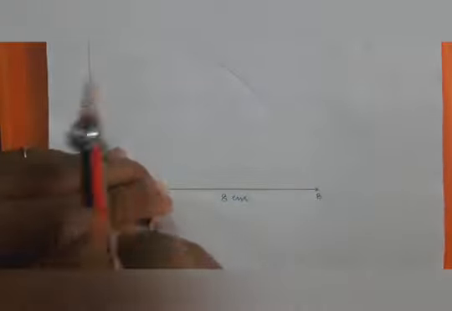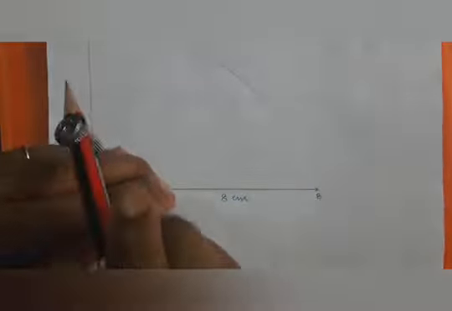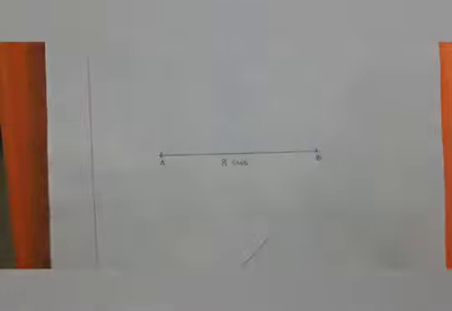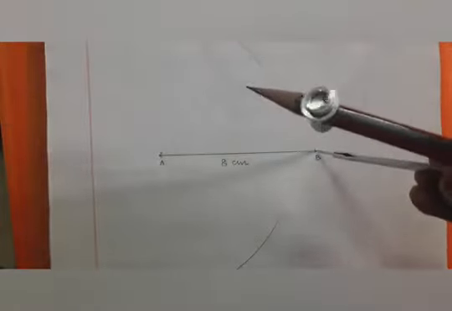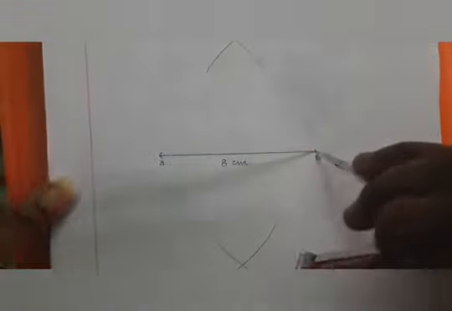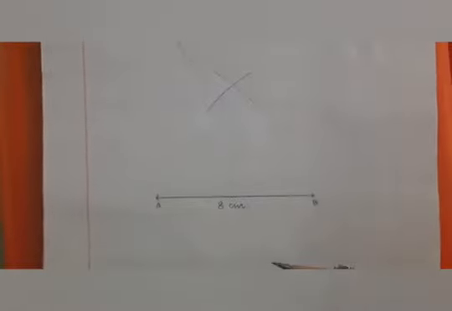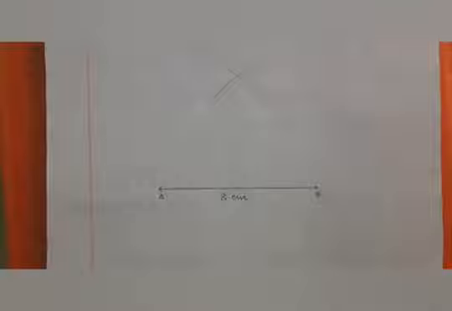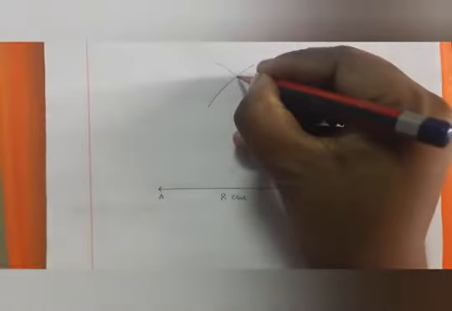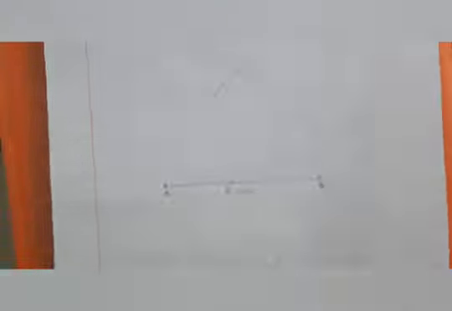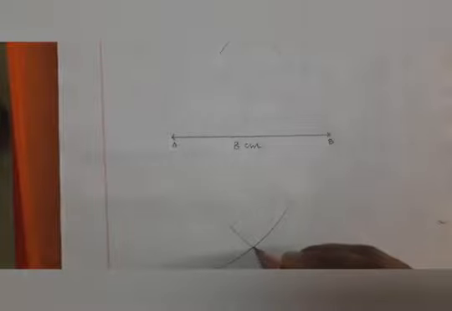So now here one arc, here one arc. I think you can see the down side also. Now I have drawn this side with the same measure. Don't change the measure. Draw here one arc and here one arc. So here also we got an arc, and these two arcs intersect here and these two arcs intersect here.